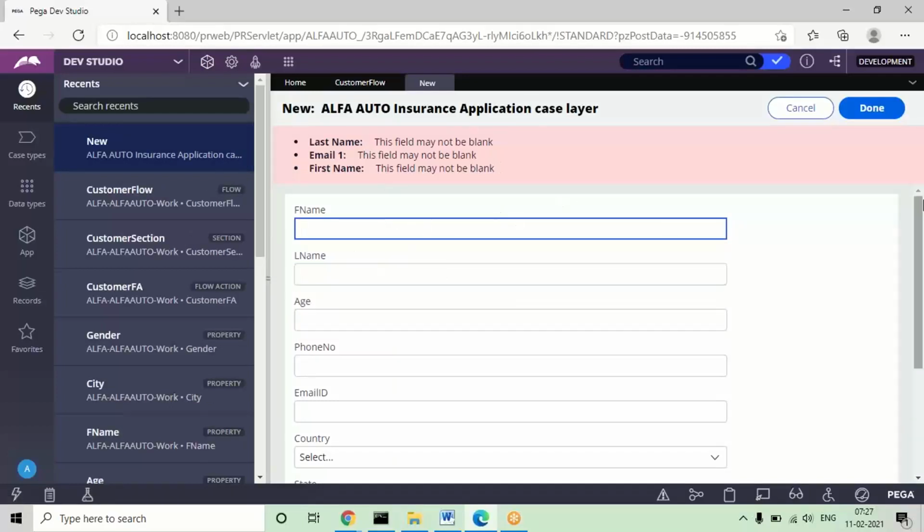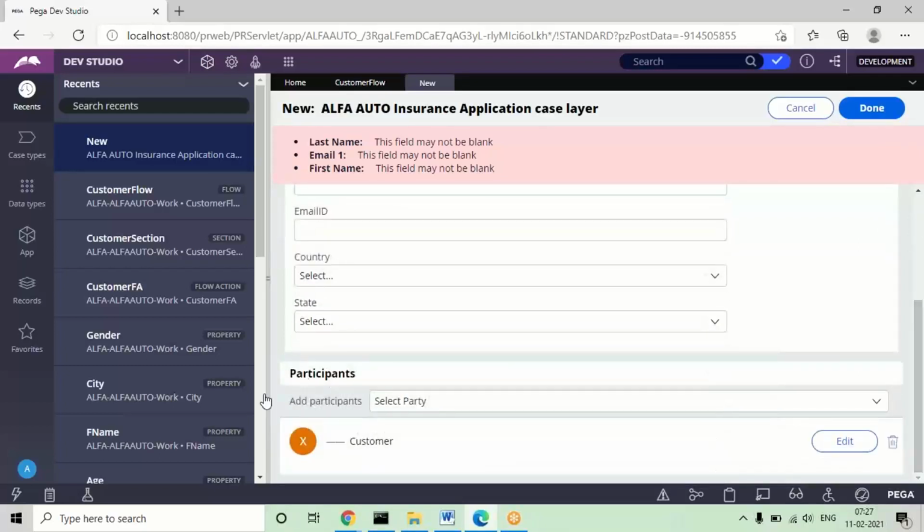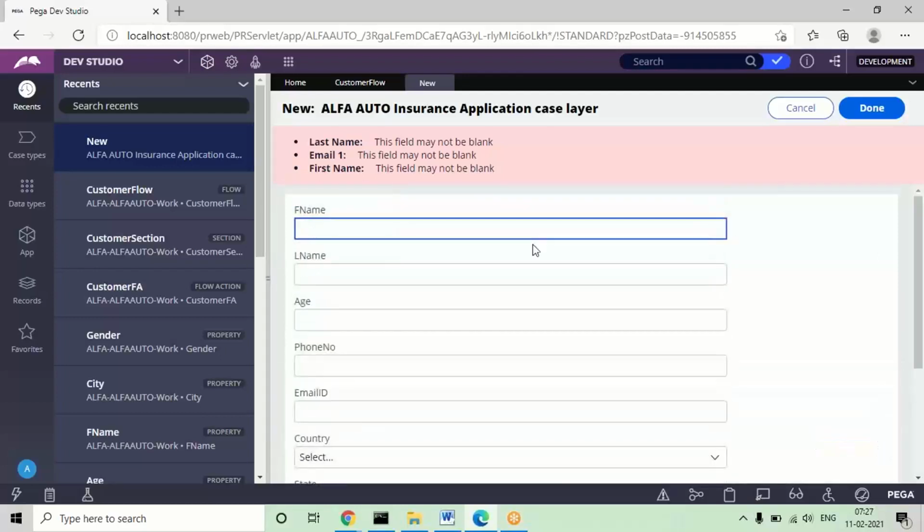So this is the work parties page. In your UI design, what fields are there? It will display all the fields with some header options and buttons, and you'll get some work parties participant information or parties information. I will discuss work parties later. So actually you have to block this page. Okay, so when executing any flow, we need to block this page.